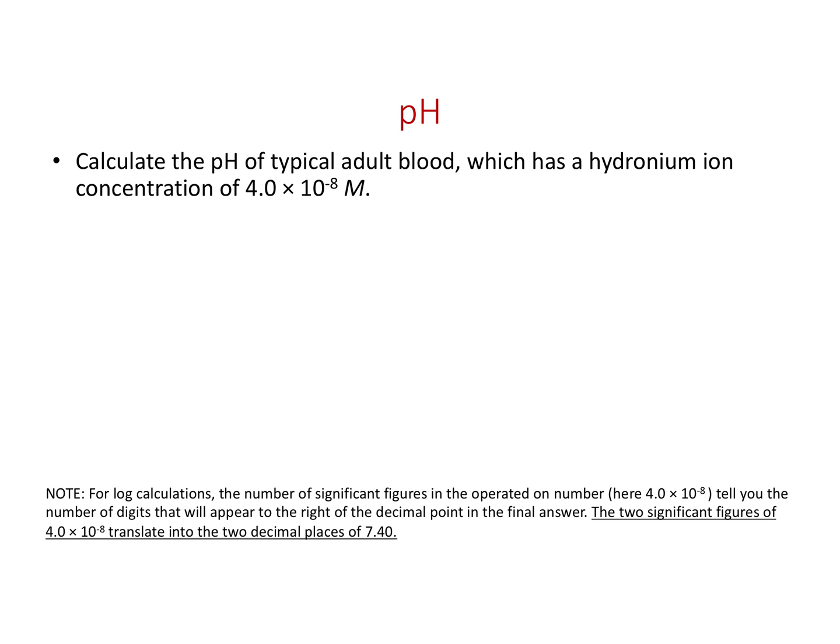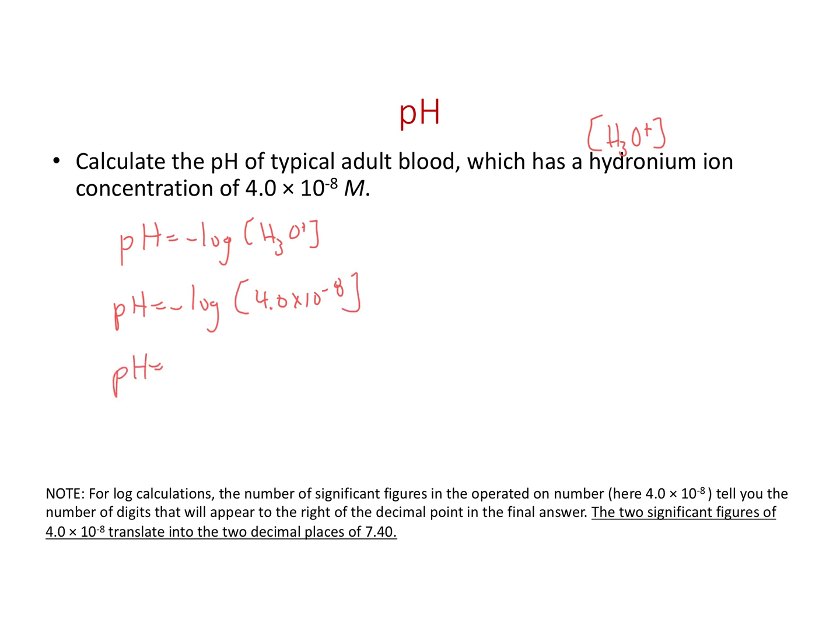So here's one quick question for you. Calculate the pH of typical adult blood, which has a hydronium ion concentration, and remember, hydronium ion concentration is H3O+, of 4 times 10 to the minus 8 molar. All right, so the pH is the negative log of our hydronium ion concentration. So pH equals the negative log of 4 times 10 to the minus 8. And so pH equals